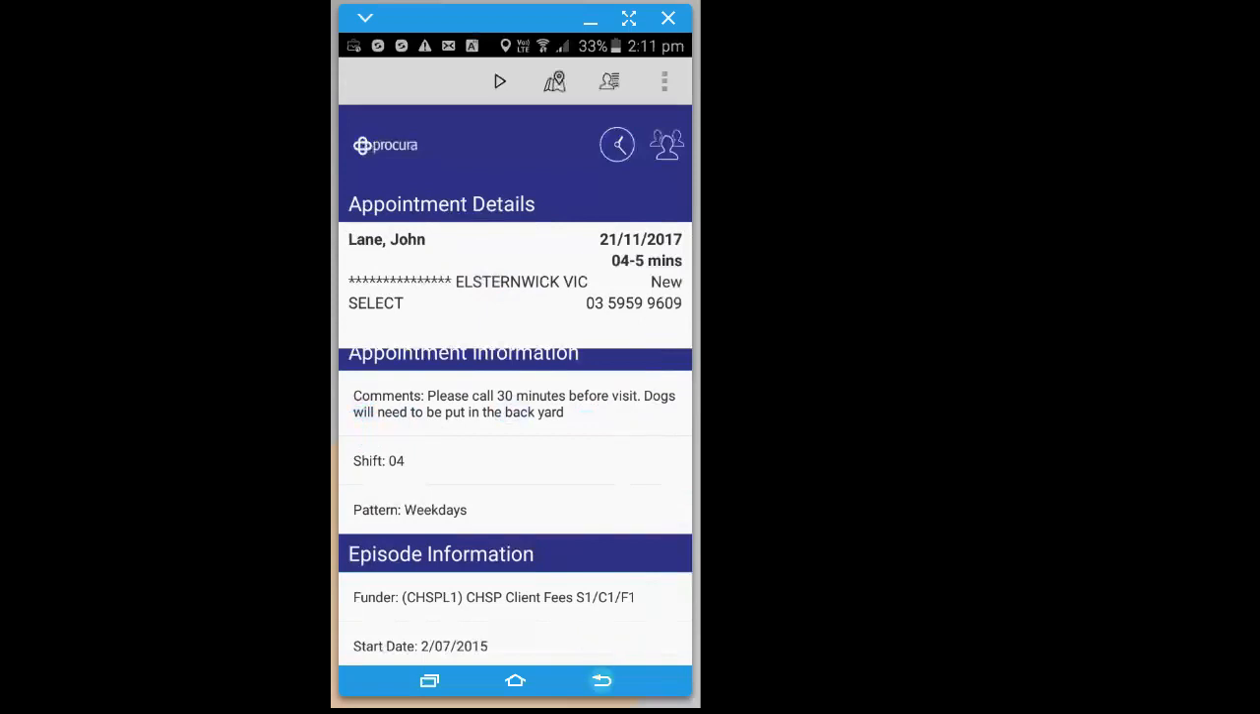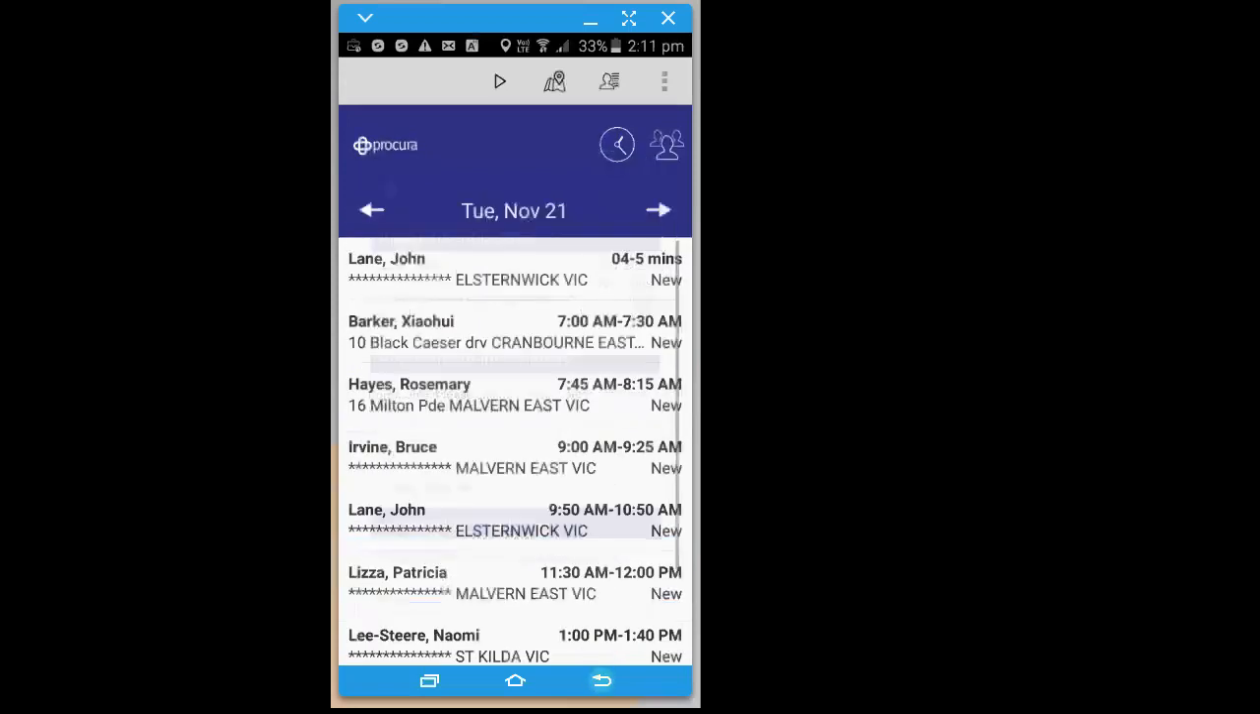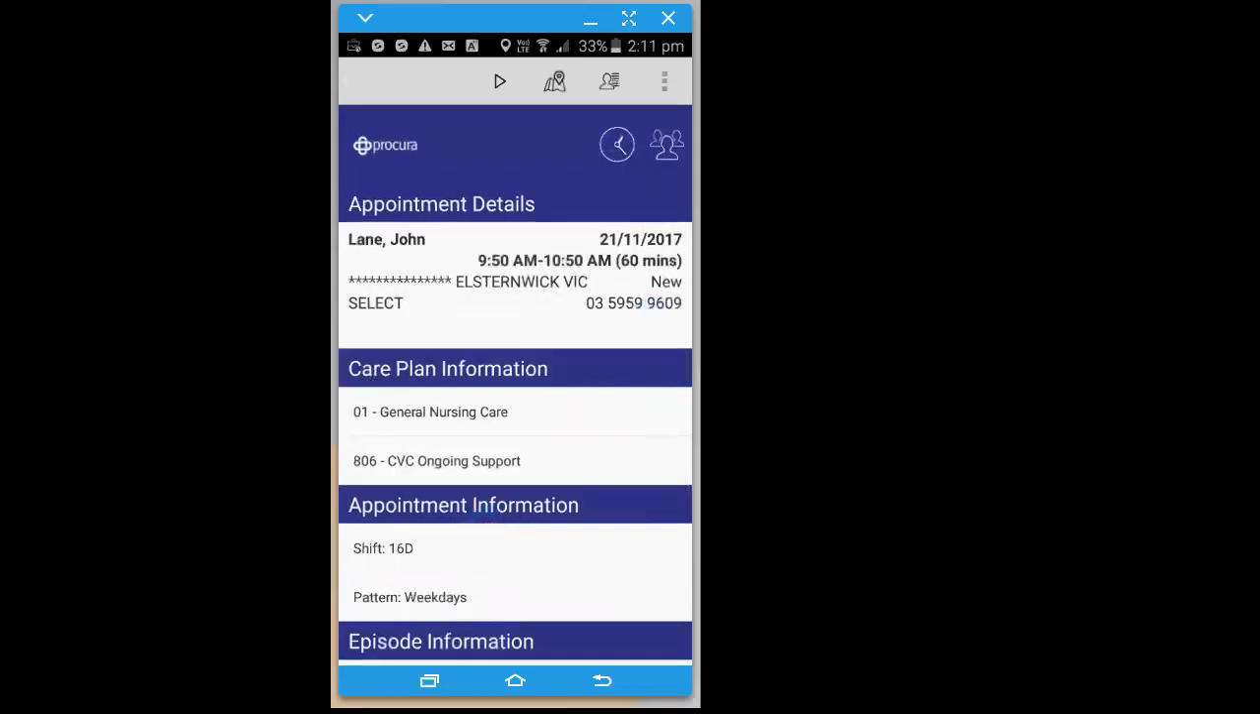Let me just go back to my main screen by clicking onto the back arrow. I can see that John's visit is scheduled for today between 9:50 and 10:50, but it may be that it's easier for me to start my day with John's visit. So with that in mind, if it was time to call John 30 minutes prior, I could on either this very first visit here or this visit here, I can go in and click onto these three dots and it gives me the